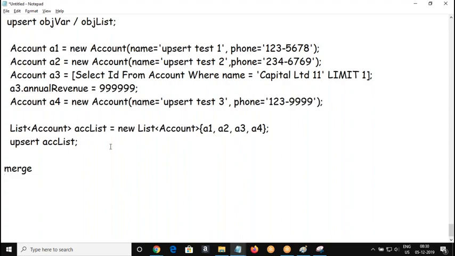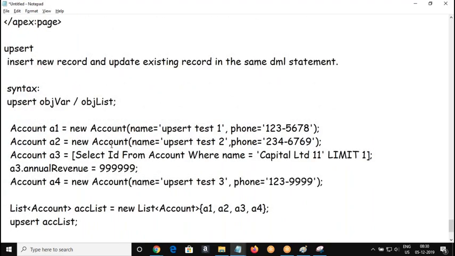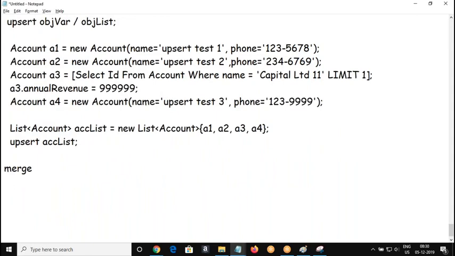And merge records, right? The merge statement is used to merge the duplicate records into one. It merges the duplicate records into one. Okay, the merge actually does 2 different things. One is it merges the duplicate record into one,